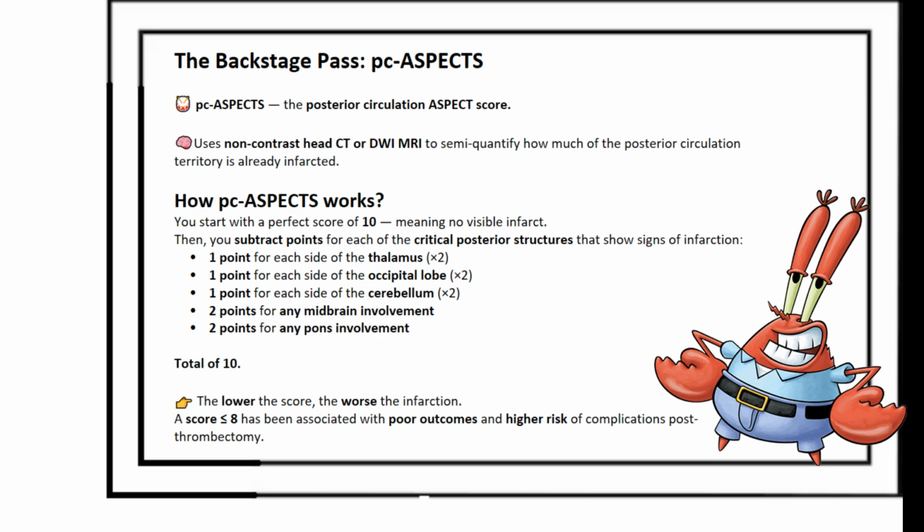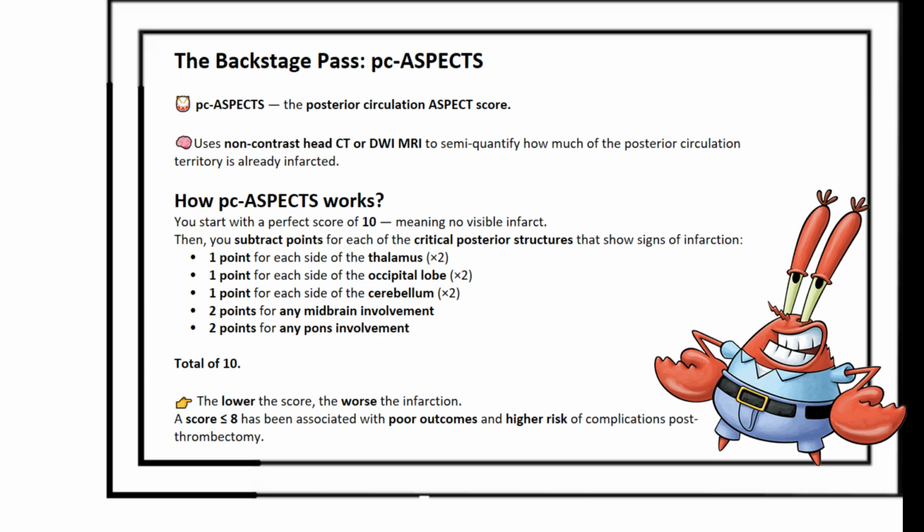1 point for each side of the thalamus, 1 point for each side of the occipital lobe, 1 point for each side of the cerebellum, 2 points for any midbrain involvement, and 2 points for any pons involvement. That's a total of 10 points. And just like in anterior aspect, the lower the score, the worse the infarction. A score of less than or equal to 8 has been associated with poor outcomes and higher risk of complications